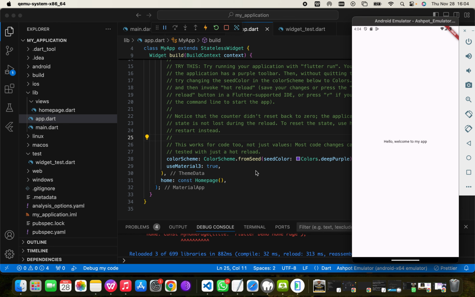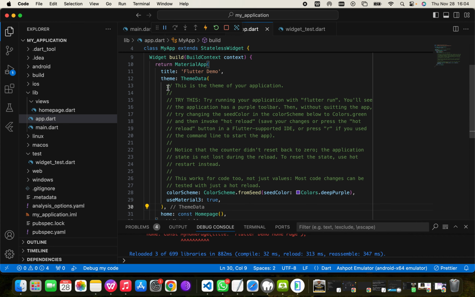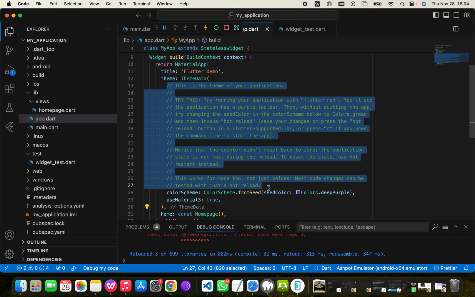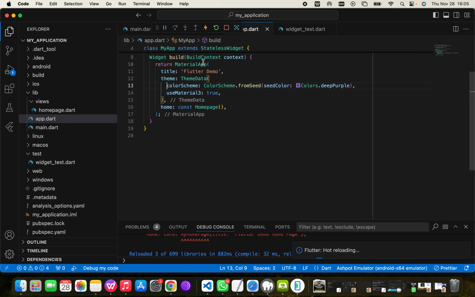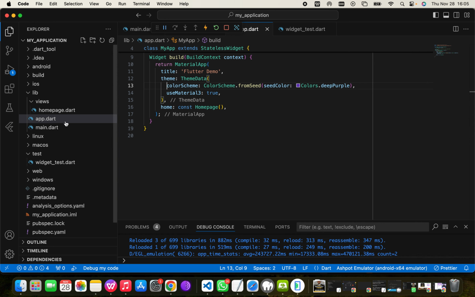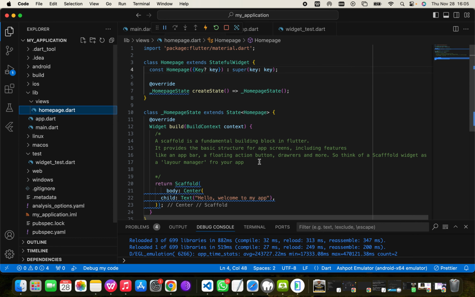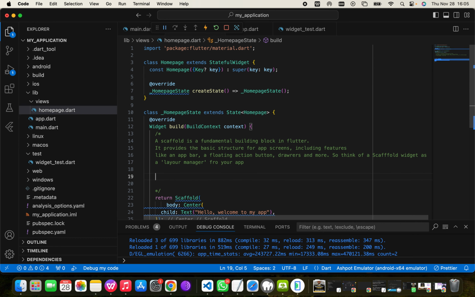All right, so now we have a simple screen. Remember that this screen is just built from the scaffold. I'll go ahead and delete these other ones too. Okay, so back to our home page. Here are some key things, key, call it properties